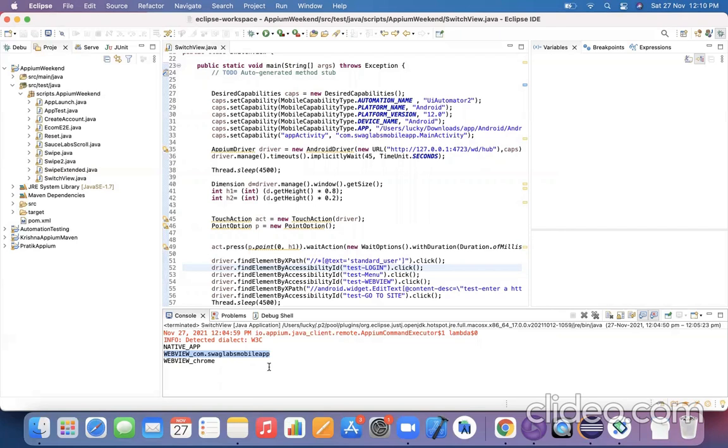Okay, good. Done up to here. Perfect. So this is the way exactly how we need to get the context. And now once we have this context, we need to ask our program to switch to the context so that we can perform operations on that. For which we need to go ahead and perform a switch operation that we will